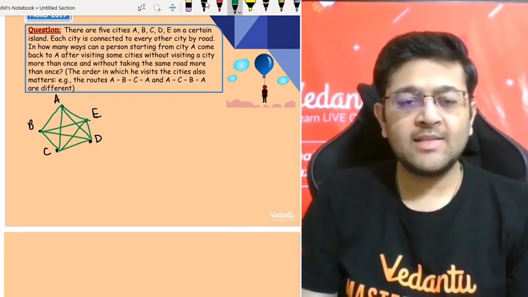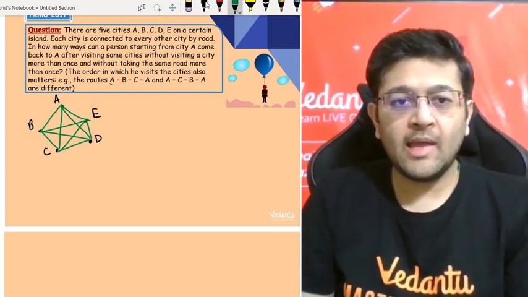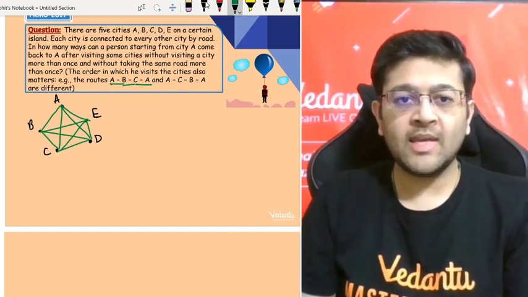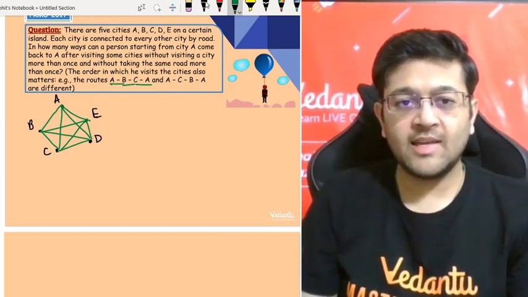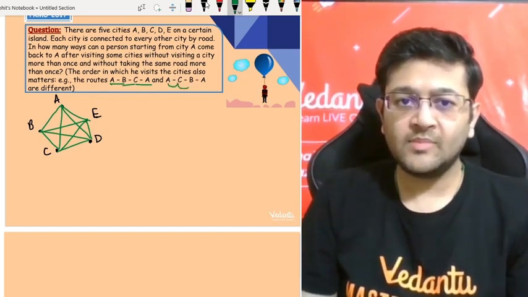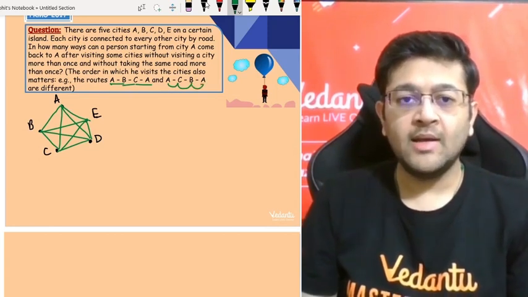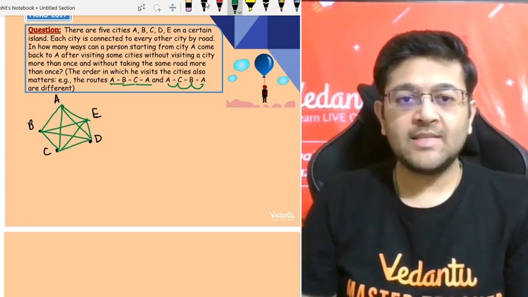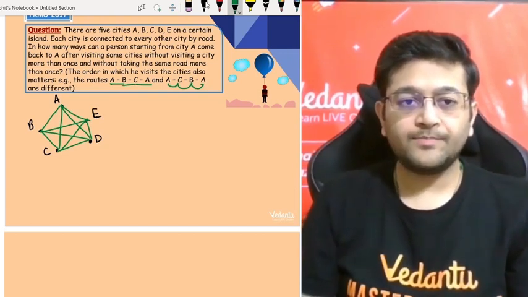Let's start. Let's assume they have given an order also, right? A से B जाना है, B से C, then C से A आना है. That is one of the cases, right? Then another case is that A से C जाता है पहले, then C to B and then B to A. So these are two different ways, two different routes.